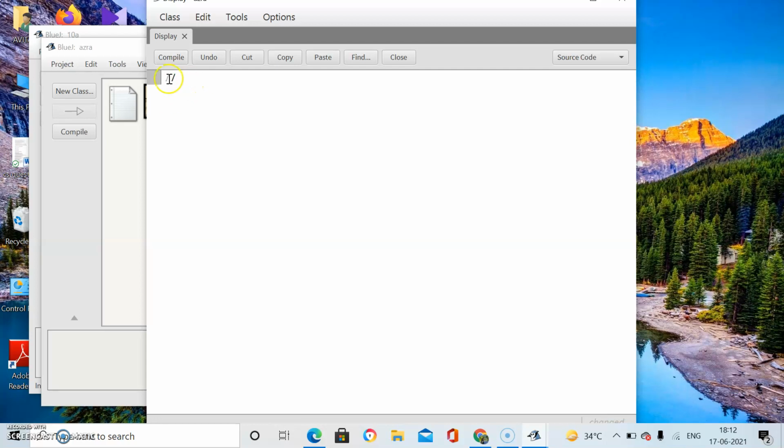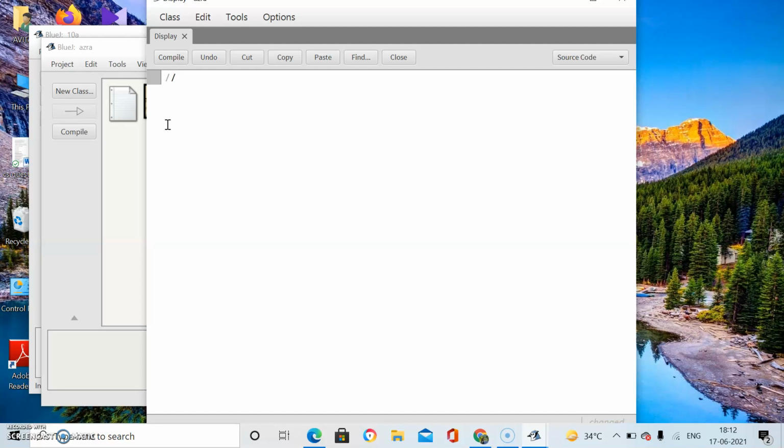This symbol is for single line comment. So I am going to write a single line comment, and I am just writing the purpose of the program. That is why I am making this program.